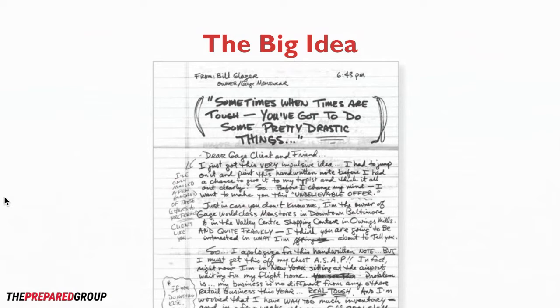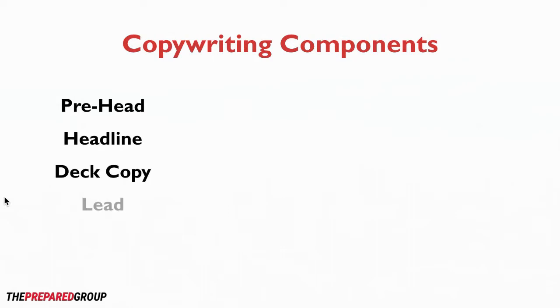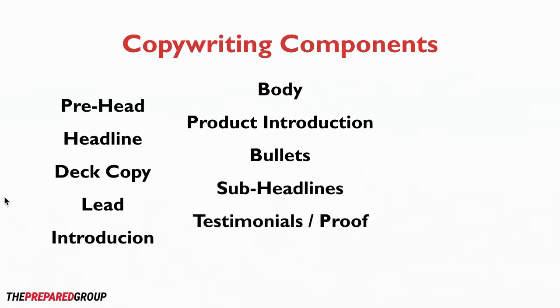All right. There are a lot of components to a standard piece of copy. And I'm going to go through a bunch of them now. We're not going to cover every one in detail, but I just want to give you a glimpse of what's involved. So here are some copywriting components. A pre-head or pre-headline, that's the little bit above the headline. The headline itself, something called deck copy, then the lead, then the introduction, then the body copy, then the product introduction, or the writer introduction sometimes, bullets or bullet points, subheadlines, testimonials or proof, some other form of proof,